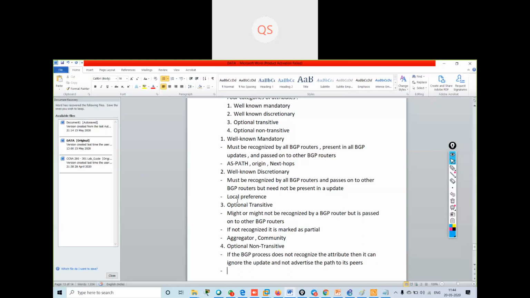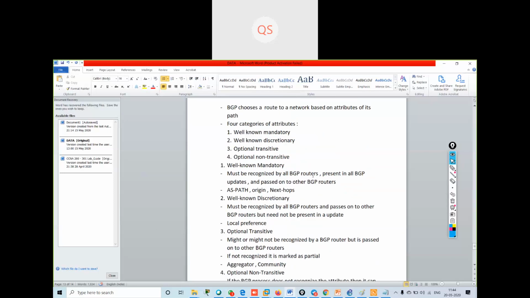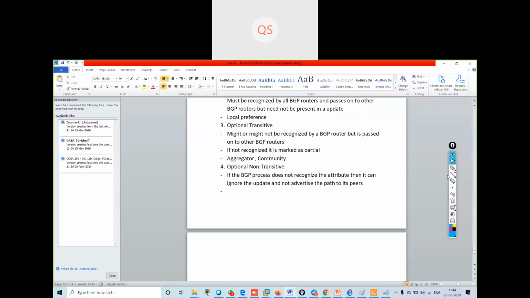So what happens in this? With the same scenario, this is my router and I'm having some 10 dot network over here.